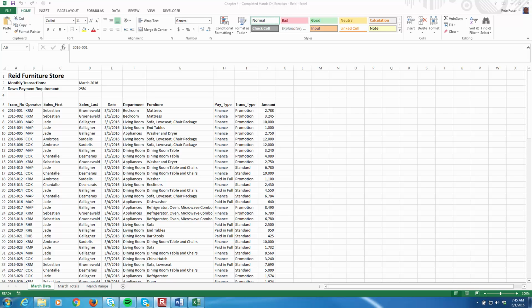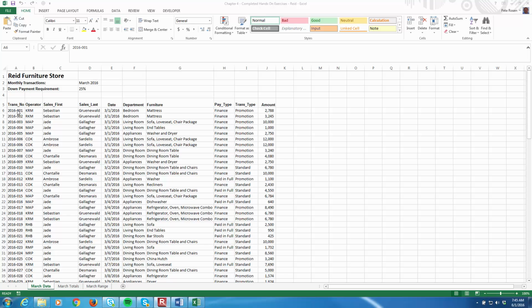This is Chapter 4, Hands-On Exercise Number 1, and we're working with a chapter called Data Sets and Tables. In this first module, we're going to look at freezing rows and columns, managing page breaks, setting and clearing the print area, and printing titles. Now keep in mind we are working with the Chapter 4 file, the hands-on exercise called Read, and this is